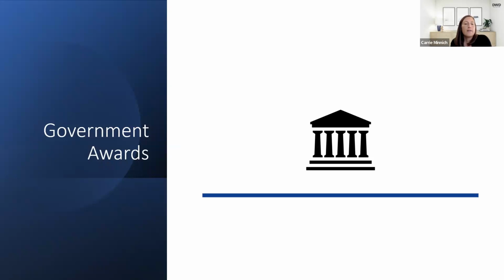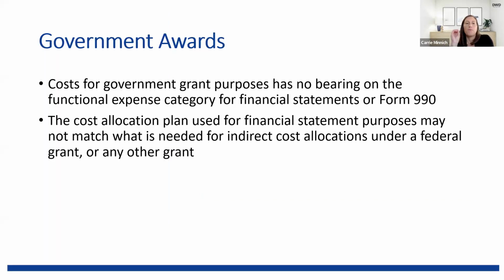And then lastly, I kind of wanted to talk about government awards. I know that not every organization receives government funding, but if you do, when we talk about allocating expenses for financial statements and for the Form 990, they're very similar. However, when we talk about allocating costs to government awards or even non-government grants, that's totally different. So, for example,